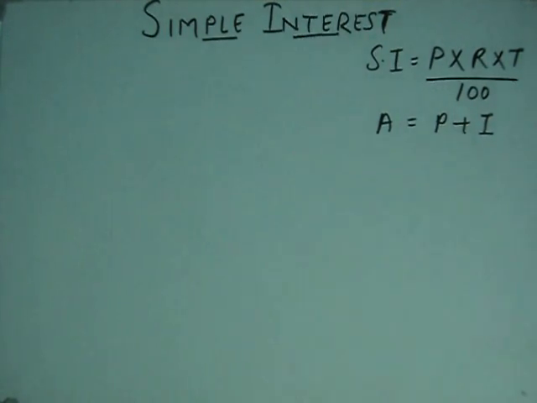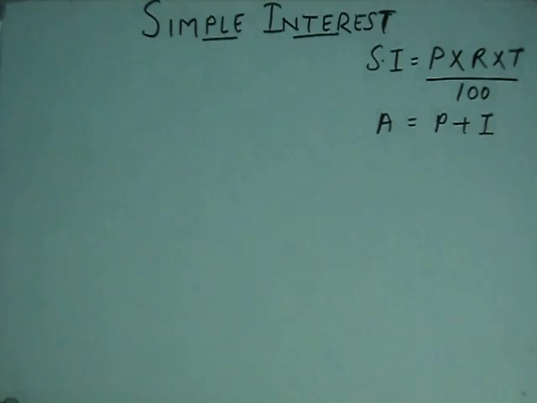In our previous lecture on simple interest, we discussed the concept of simple interest and the related questions. Now in this lecture we discuss some more questions related to simple interest. Our main formula of simple interest is the product of principal, rate and time divided by 100, and one more important formula is that amount is equal to the summation of principal and interest. As we discussed what simple interest and amount are in our previous lecture.